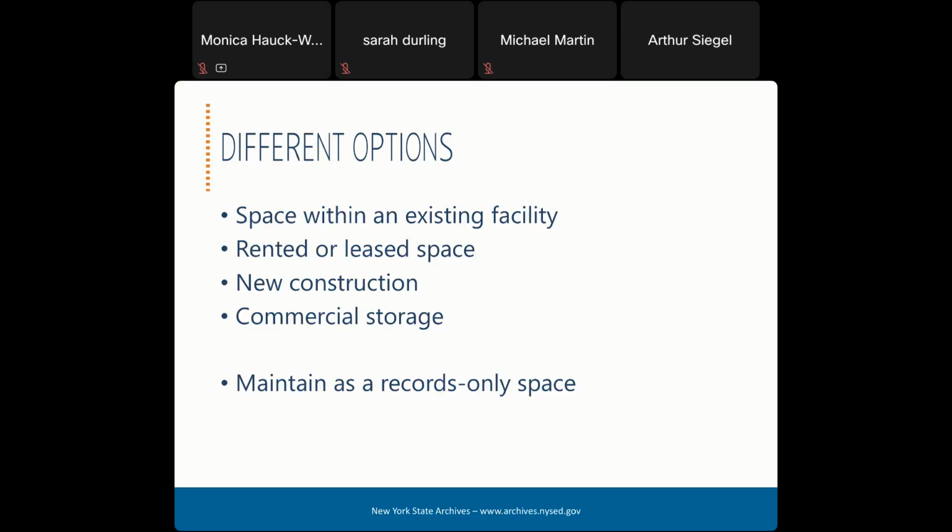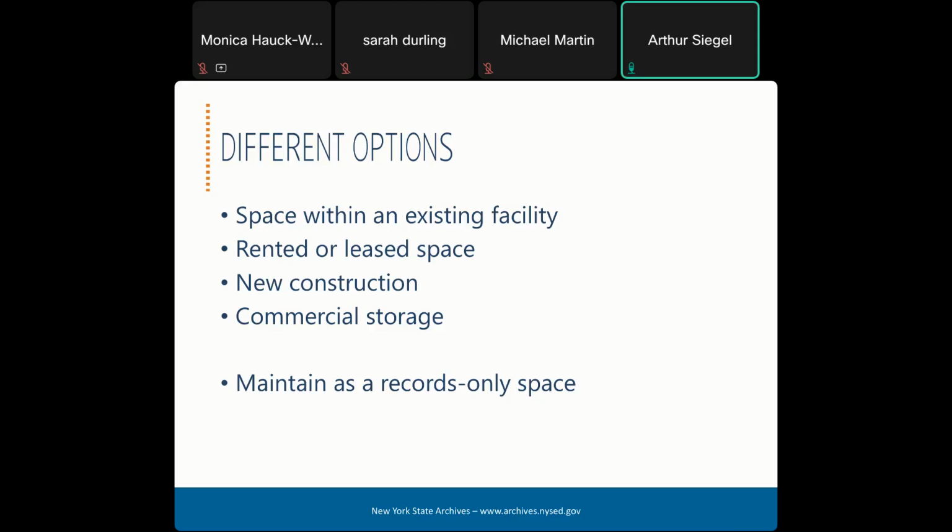Well, first you need to determine where that space is going to be. What kind of structure or building are we talking about? There are 5 possibilities for inactive record storage sites. The first are rooms within an existing facility. Here we're talking about storing the records in the same facility that houses active records. This often involves the use of existing storage rooms, basements, or attics. It's the simplest solution and is the one that we'll examine in detail.